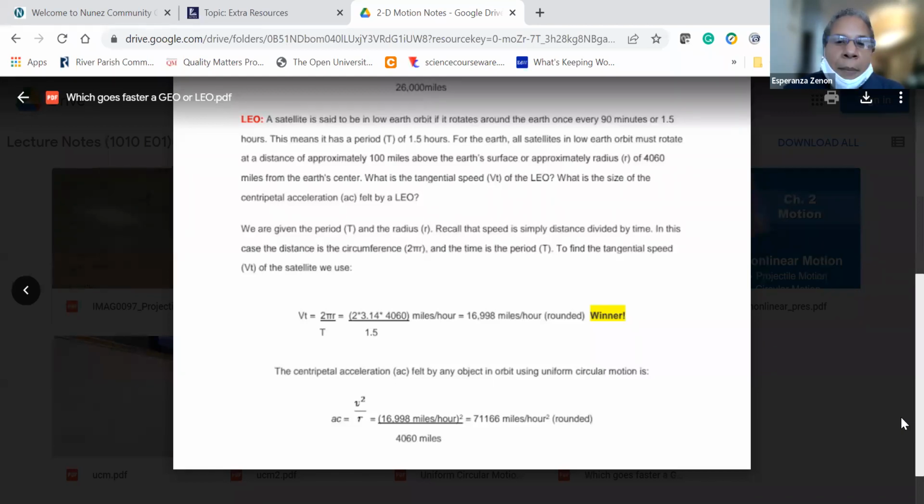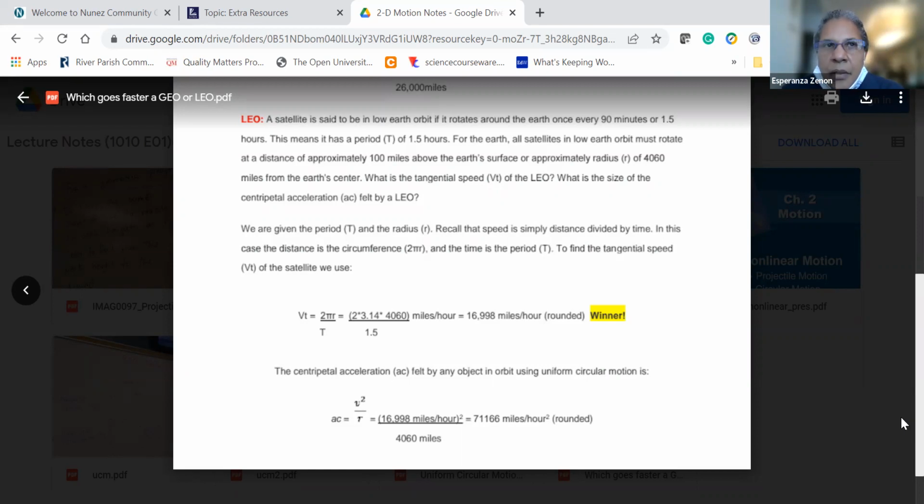Okay, so we go right back to those same formulas: distance over time, right? Speed is distance over time, 2 pi r over t. So plug in 2 times pi, 3.14, times 4,060, our orbit radius, and divide by the period, 1.5 hours. So again, when you do that calculation in miles per hour, 16,998 miles per hour. And I round it. You could round that off roughly to 17,000 miles per hour, right? If you wanted to,